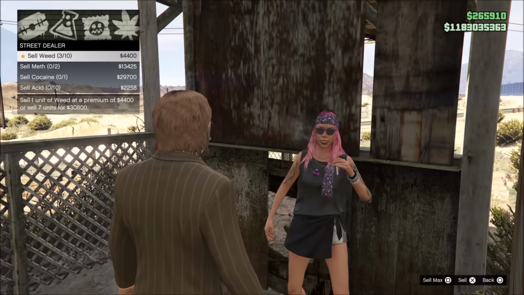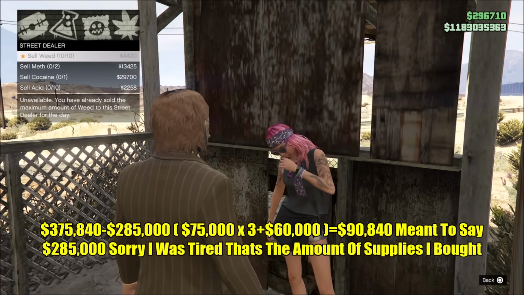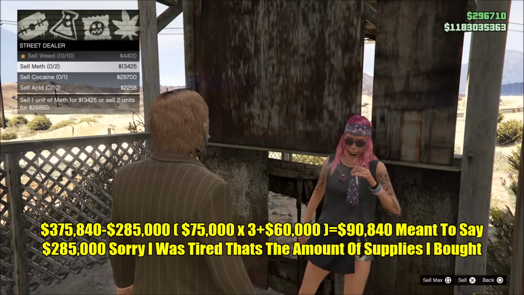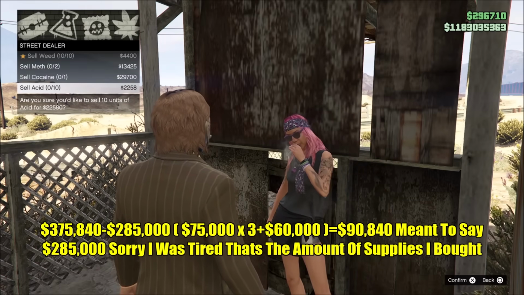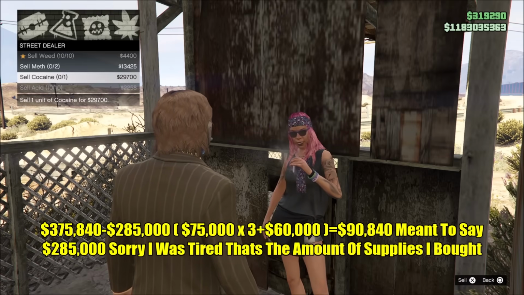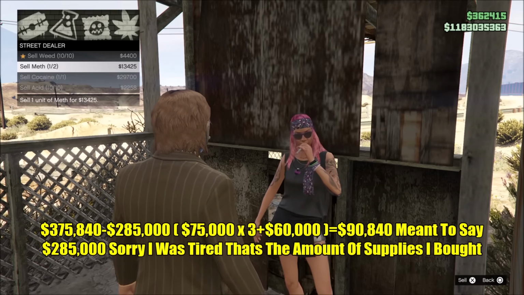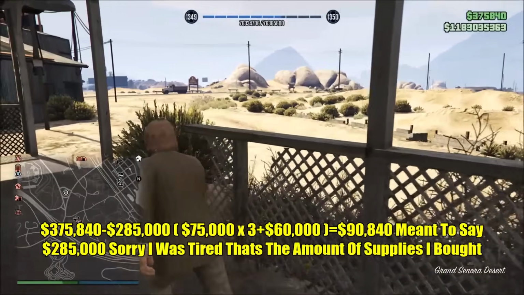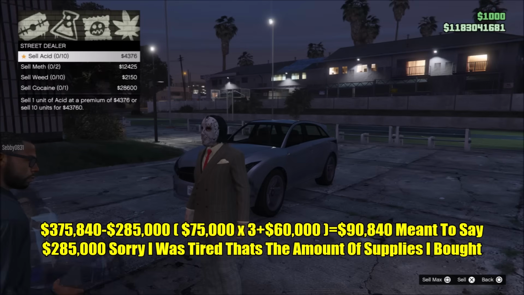$375,840. Now, if we subtract this from $285,000, the reason for that is because that is $75,000 for one batch of full supplies for weed, one batch of full supplies for coke, one batch of full supplies for meth, plus the $60,000 from buying one full batch of acid. If we combine all of that, that's $285,000, and we subtract that from $375,840 just to see what kind of profit we would be making, and we would be making around a $90,000 profit for investing